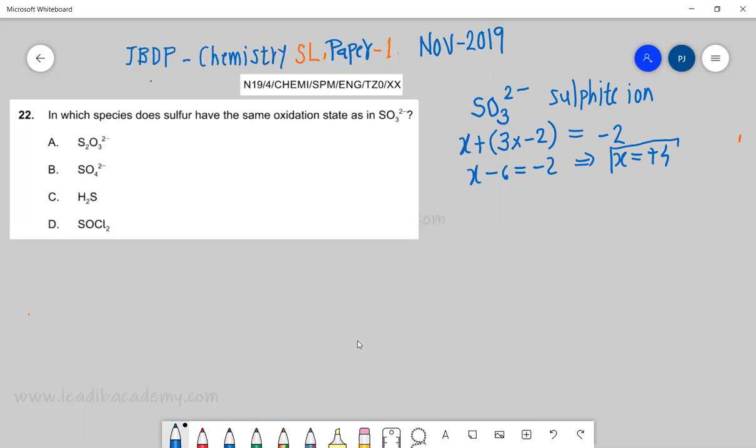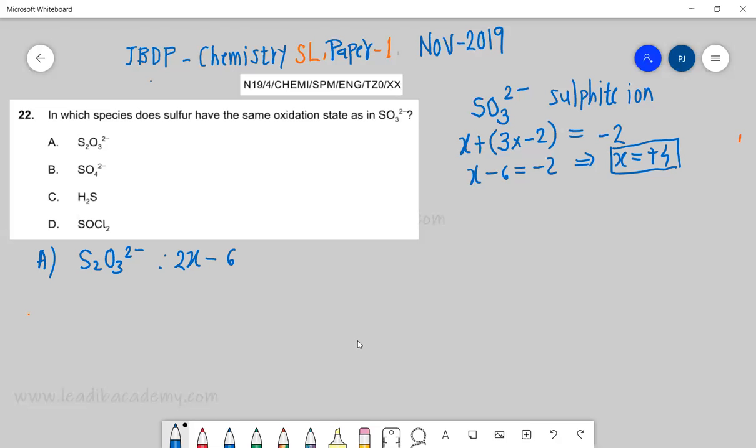That means we need to find the species among those 4 in which sulfur is in the +4 state. That's the question. So let's look at A, that is S2O3 2 minus. Again, assume sulfur to be X, so 2X, and 3 oxygen, so that is with minus